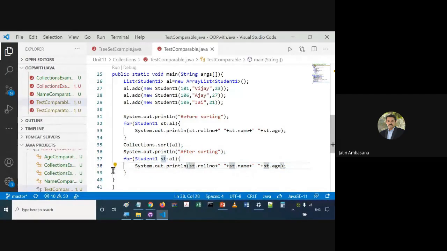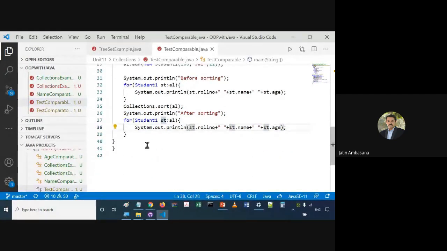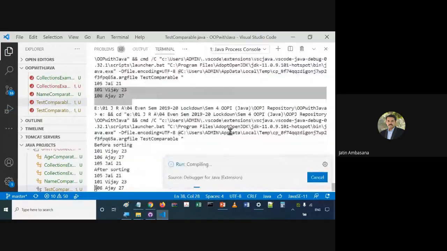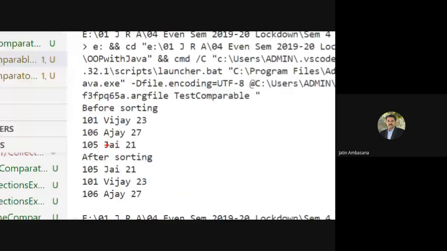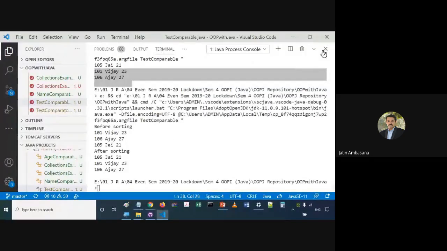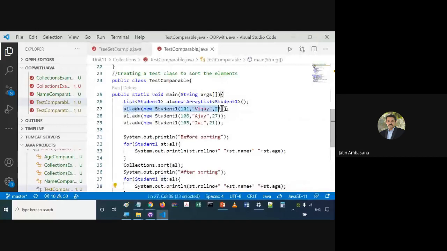So let's run this. Before sorting, it was something like this: 23, 27, 21. That is the natural order in which we had added them. In this order, I think we had added roll numbers 101, 6, and 5.